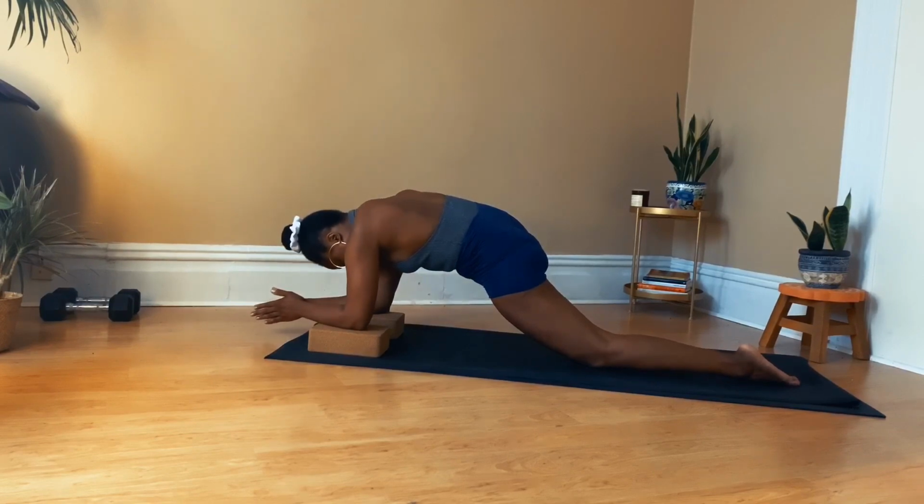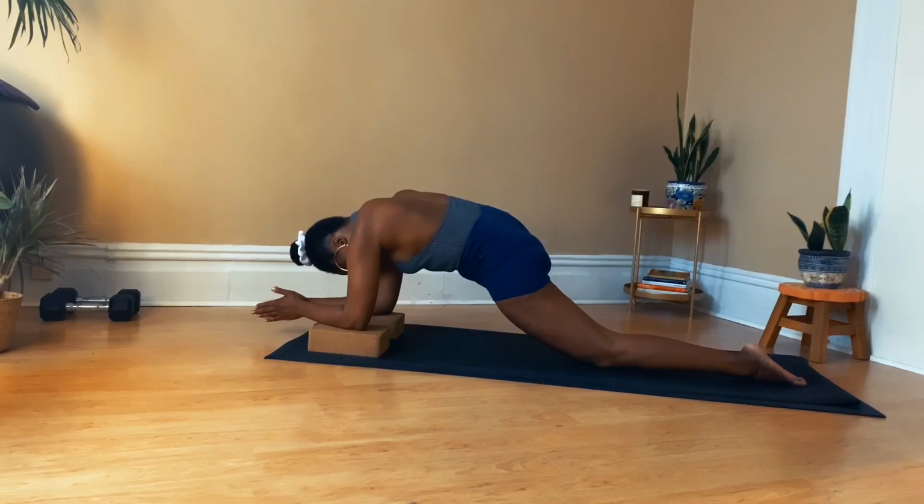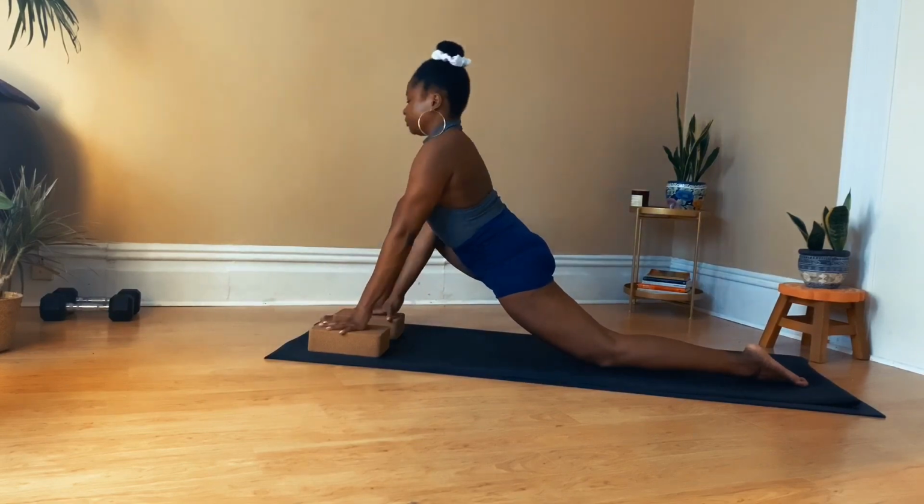Breathing in, breathe out. Just letting gravity do all the work. Don't force anything. Just take deep breaths in and sink in with every exhale. Breathe in deeply, and then exhale, let it out. Sink in deep, breathe in deep. Now, you can rise back up,